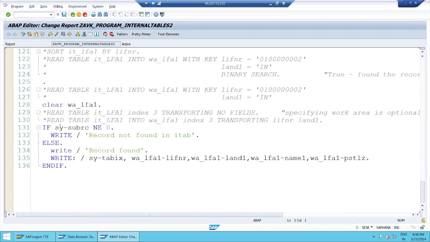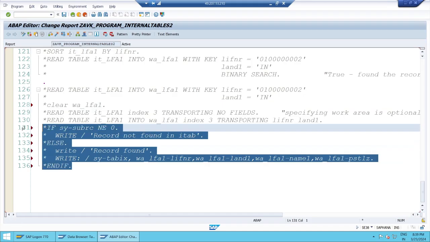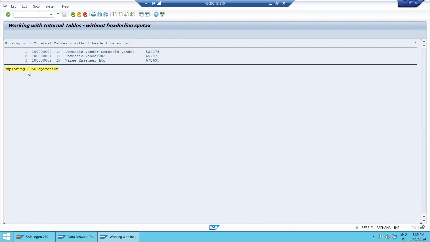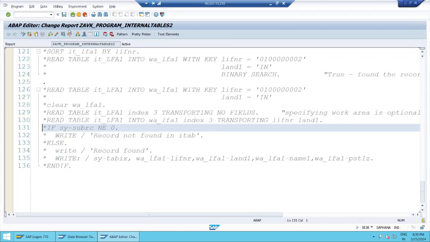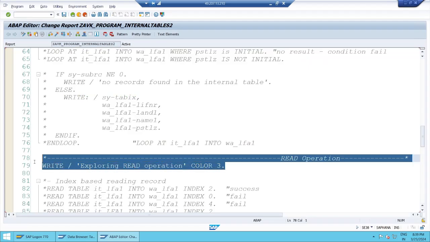So first of all, if you want to explore these things, you have to demo this. Be careful, you have to comment everything. After the read operation also we have to comment, because that is not required. So first we'll comment it,